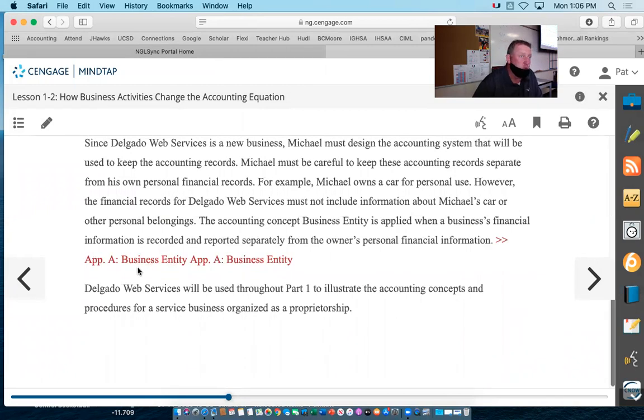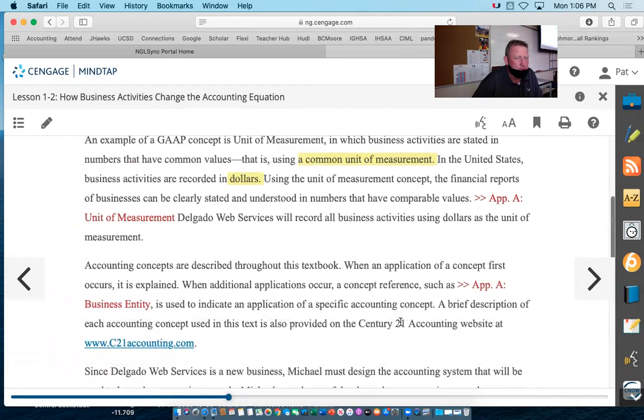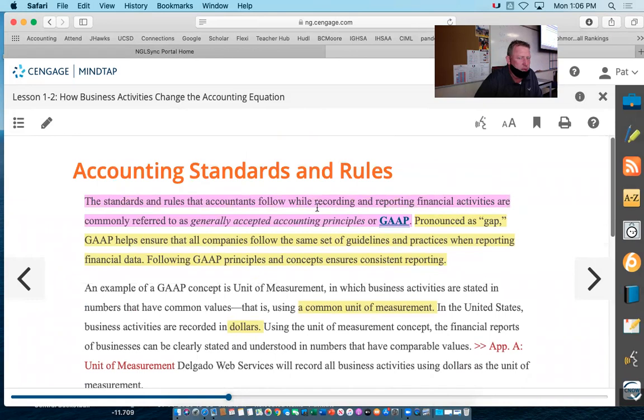And you can use it. You can use your book to look them up, or use the Google Classroom to look them up. Okay, and they're just standards, rules, accountants follow, report information. You guys are good with that? Okay,